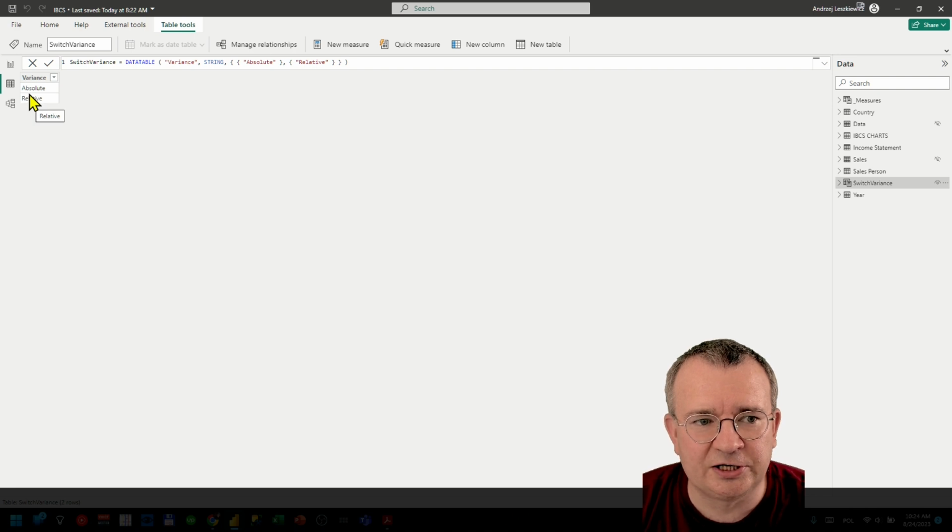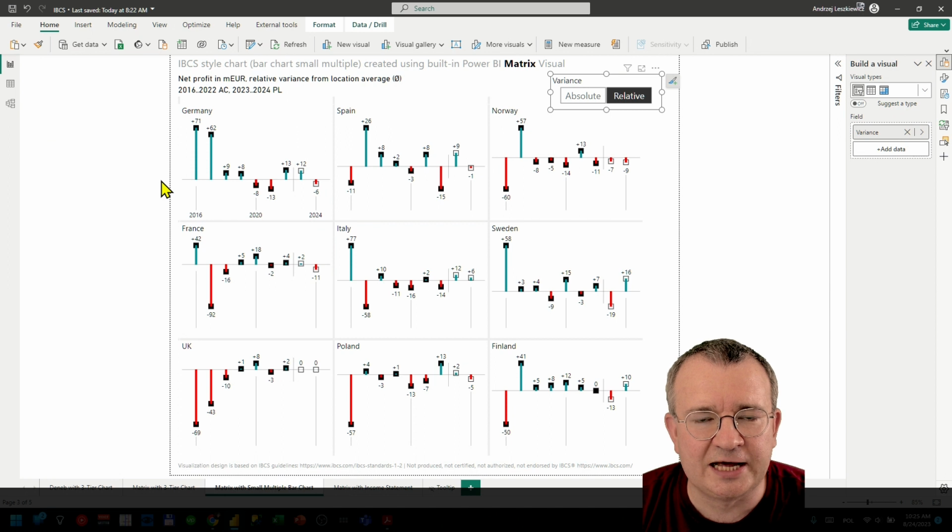So the slicer returns either the absolute or relative word, and the measure verifies if absolute is the selected value, then it generates an absolute variance column chart, and if it's relative, then it generates a relative variance chart, which looks like this,